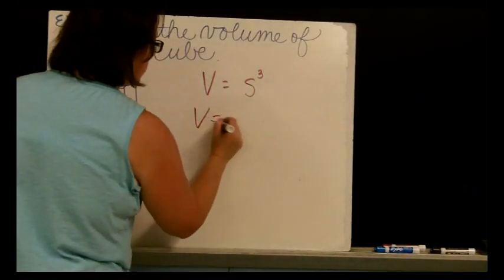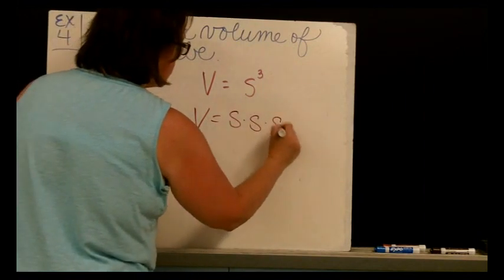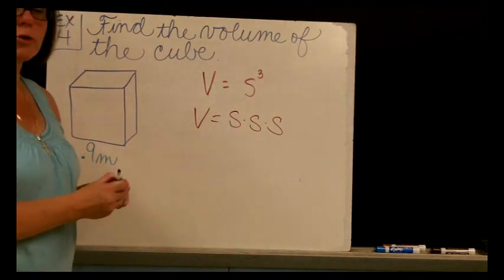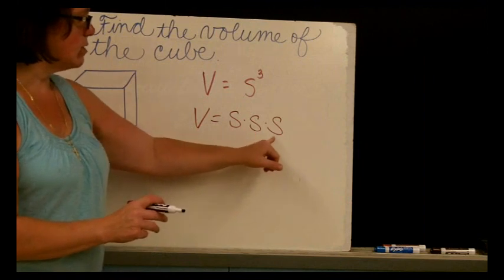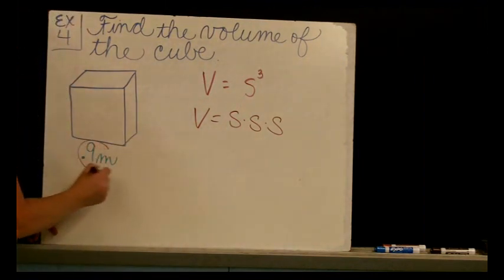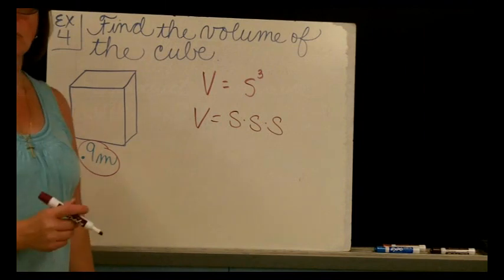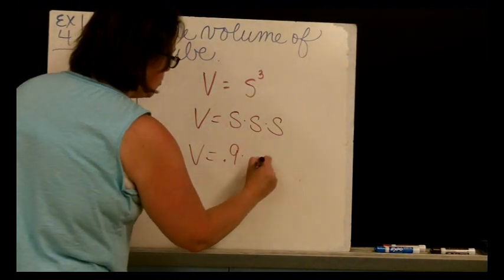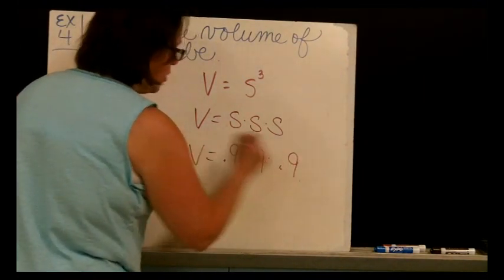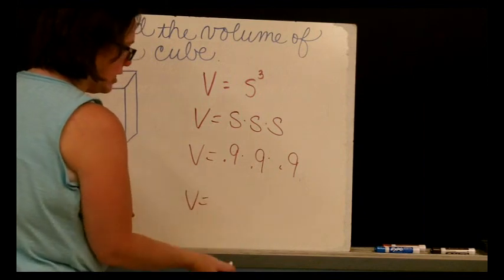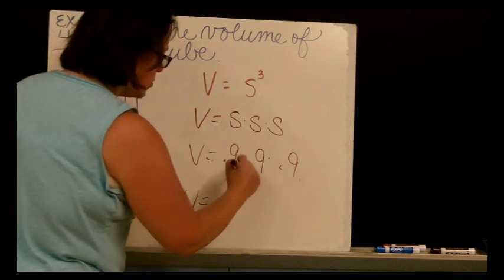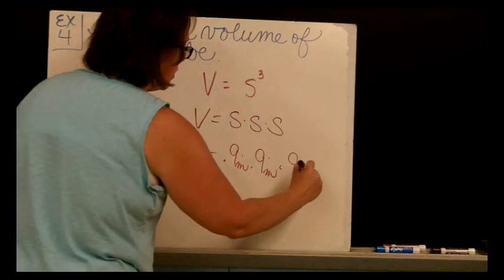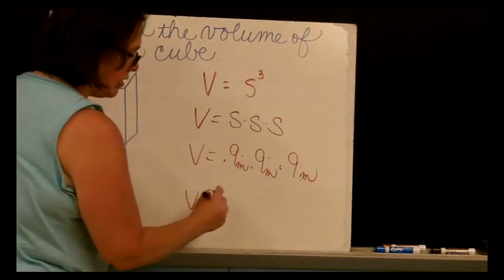So we're going to start like we always do. Write out the expanded form of our formula, of our power, I mean. So s cubed, or s to the 3rd power, is s times s times s. And if we look over here, each side is 9/10 of a meter long. So our volume equals 0.9 times 0.9 times 0.9. And when you do your multiplication, you'll get a final answer. 0.9 meters times 0.9 meters times 0.9 meters. I apologize. And you'll get a final answer of